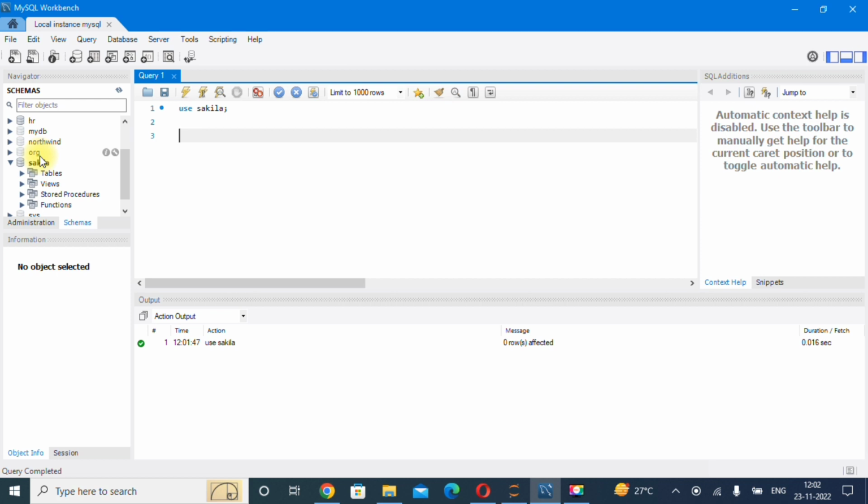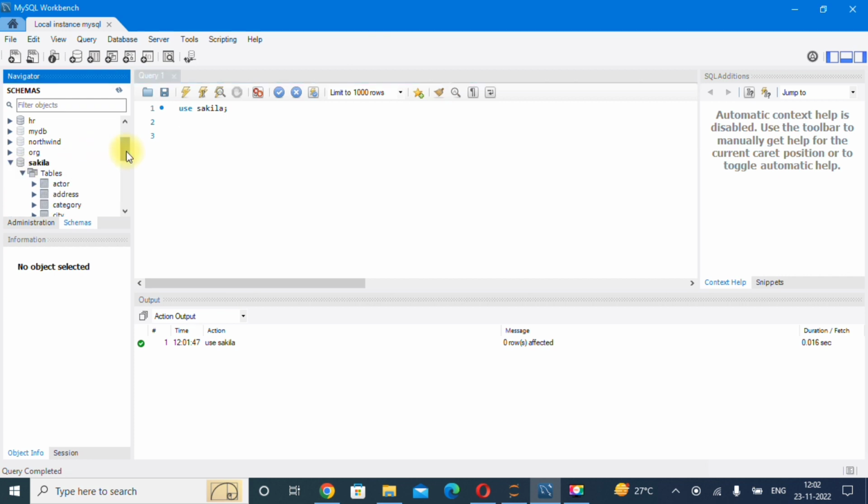So in today's tutorial, we are going to see how we can use the select query. You use select whenever you have to show the records. Let's suppose I have one table available, and I will show you that table. You can see in the Sakila database I have different kinds of tables available: the actor table, address table, category table, city table. These are the different tables available.